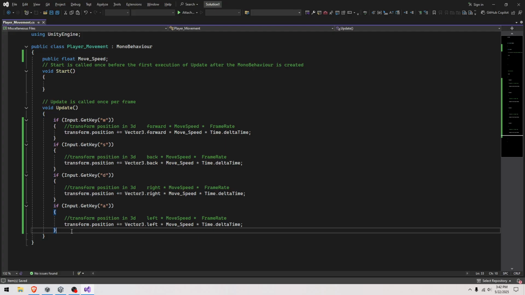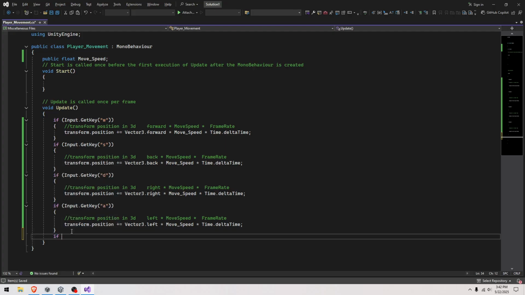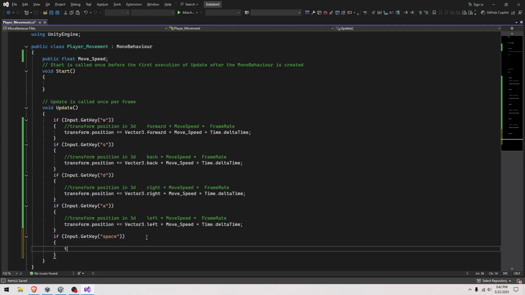How we're going to do that is: if Input.GetKey, double quotes, space, then we're going to transform.position plus equals Vector3.up times